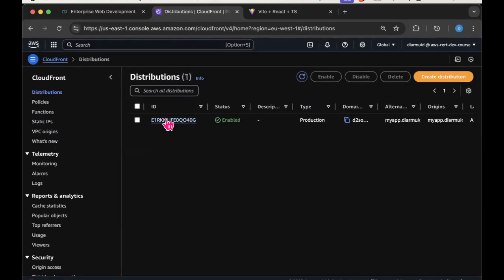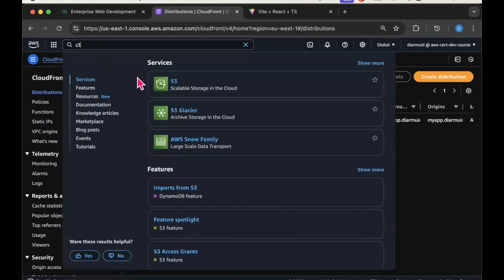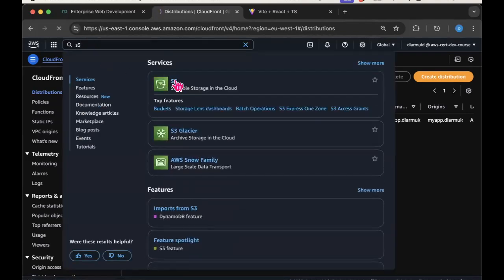here's what we're looking at: the various distributions that I have deployed, and there's only one, surprise, surprise. So this is the CloudFront distribution that was created as a result of the code in my CDK project. Also, maybe we should just quickly look at the S3 service. Come back to there maybe in a second. In terms of the S3 service,